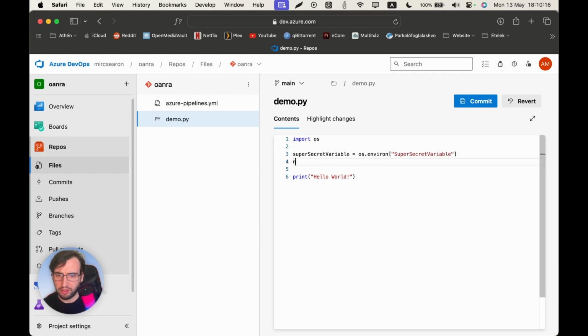Create another variable normal variable equals os.environ normal variable, and print both of them